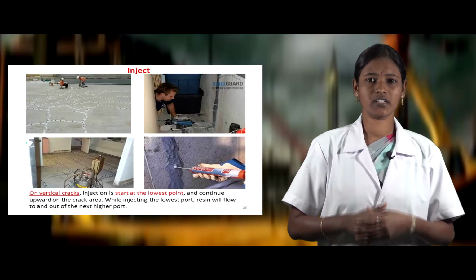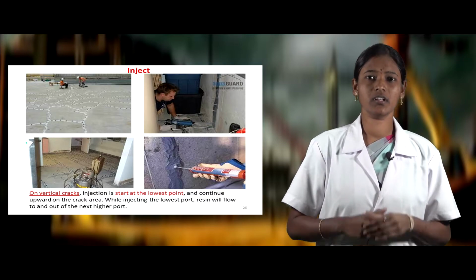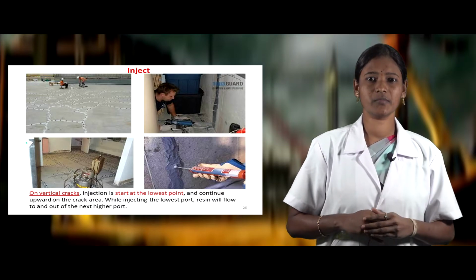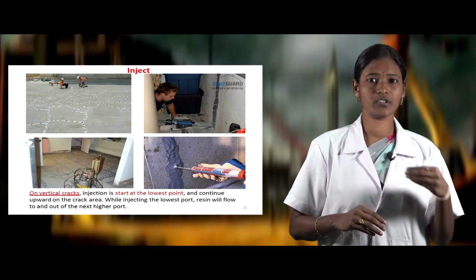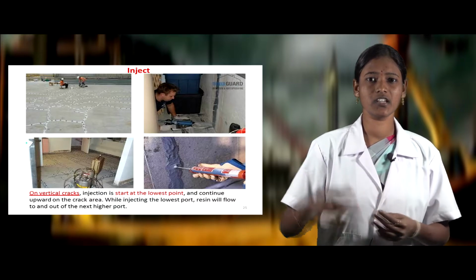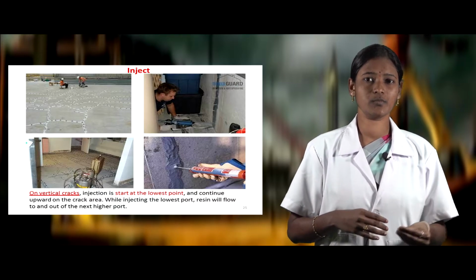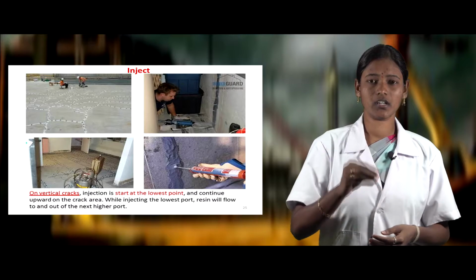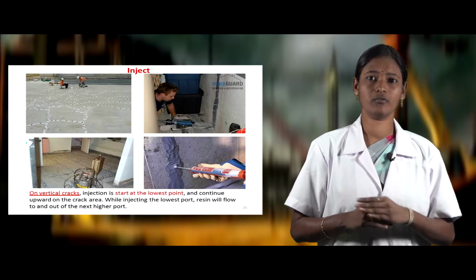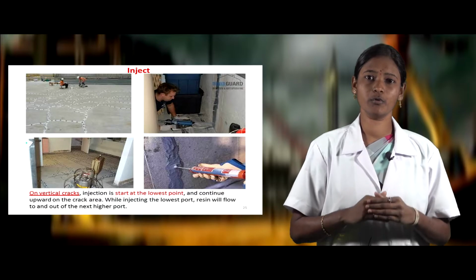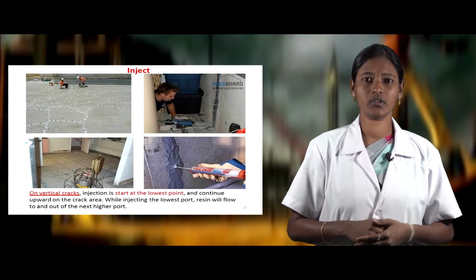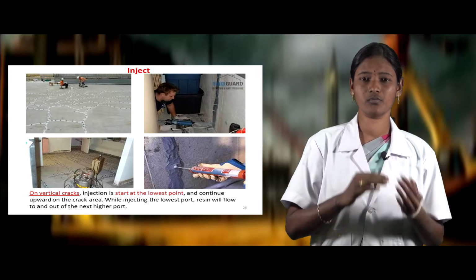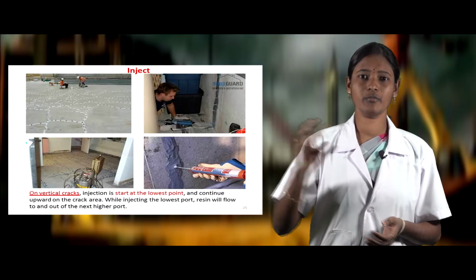These images are an example of the epoxy injection resin method in a housing unit. The floor cracks have been sealed using this method. The first image represents the fitting of the ports over the surface of the concrete cracks. The second image represents the injection of the epoxy resin inside these ports and the filling of the cracks. The third image represents the fitting of the ports and sealing of the cracks using this epoxy resin method. The fourth is surface preparation, or the removal of the ports, by applying a sealant over the cracks. On vertical cracks, injection should be started at the lowest point of the crack and continued to the higher, upward portion of the crack.